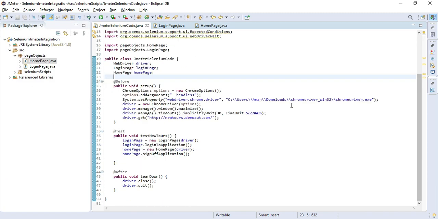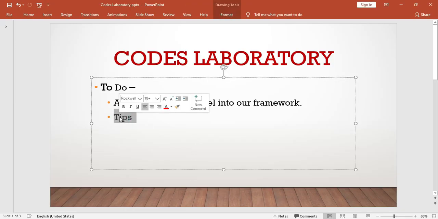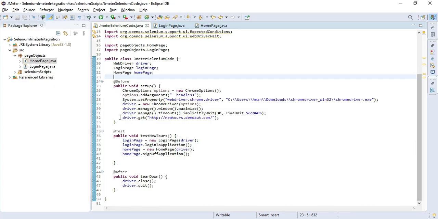Now we will move to our PPT, and I'm going to tell you a few tips which I have discussed with you in the previous video. There were two key points. I told you to not place this chrome.exe in your project. It was because many times people start giving their path relative to our project or the current directory in which we have our project.